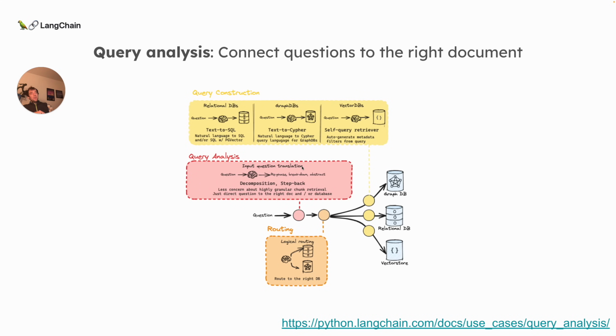If you think forward to the RAG paradigm that's document-centric, you still have the problem of taking an input question and routing it to the right document. This doesn't change. So I think a lot of methods that we think about for query analysis, taking an input question and rewriting it in a certain way to optimize retrieval, things like routing, taking a question and routing it to the right database, be it a relational database, graph database, or vector store, and query construction methods. So for example, text to SQL, text to Cypher for graphs, or text to metadata filters for vector stores. Those are all still relevant in a world where you have long context LLMs.